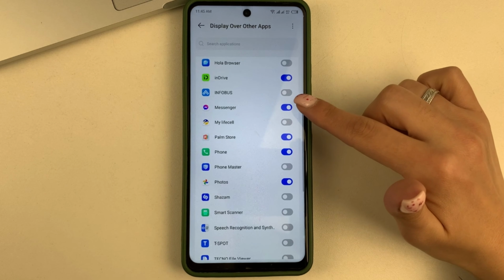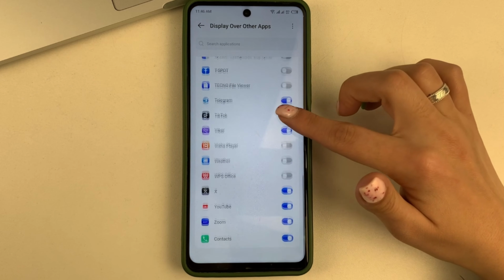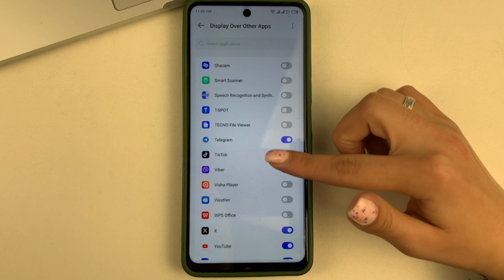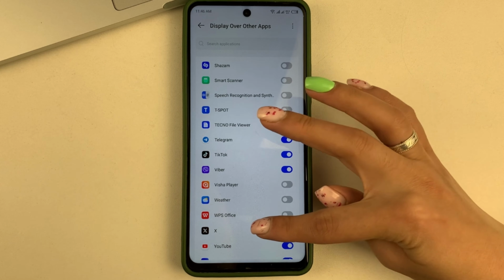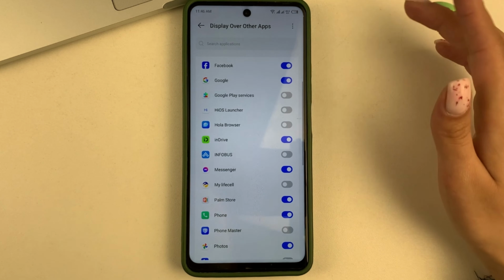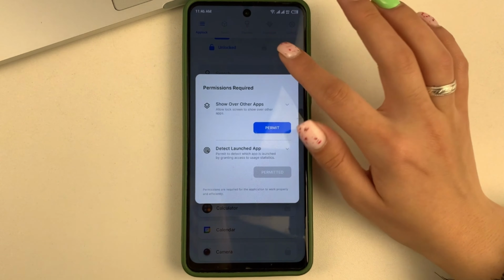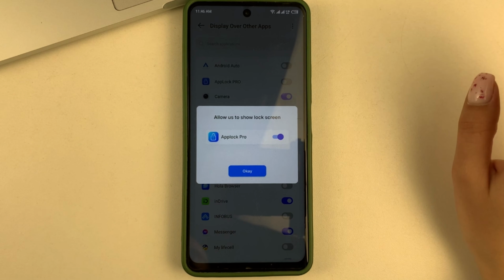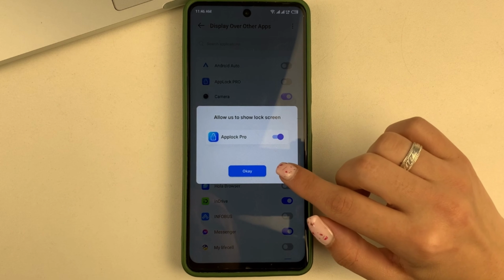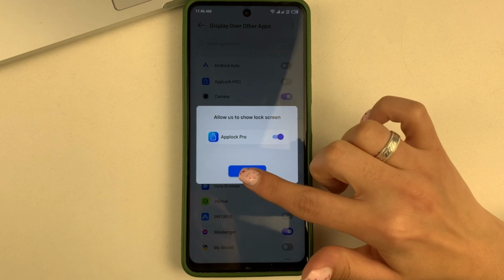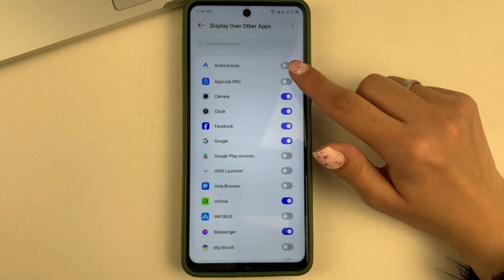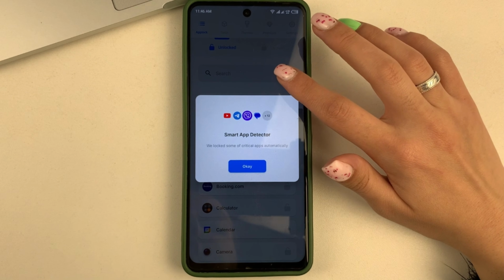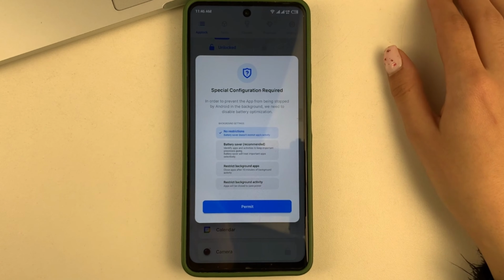And here in this list, you can choose which apps you would like to, for example, block. I have them like Messenger, YouTube, Zoom, various social networks, TikTok, X, and so on. Phone. After you select the app you want to be locked, you also need to activate App Lock Pro. It will be right here at the top. You click Activate, and then you will be notified that your app is already under the block.